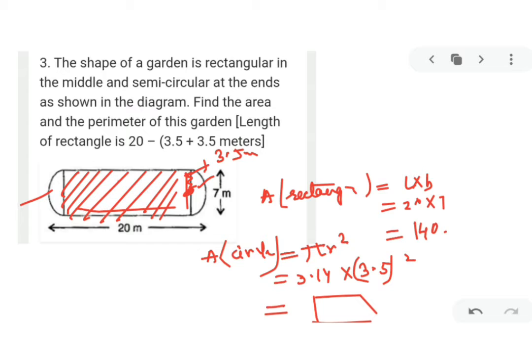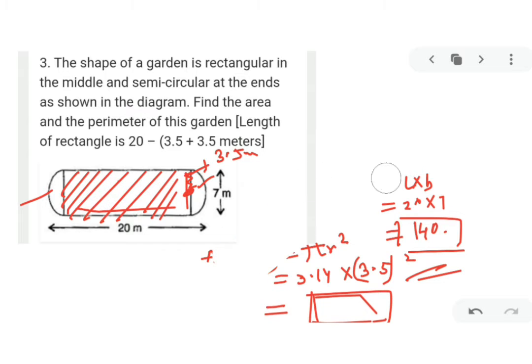So in this way, if I want to get the area of this entire structure, I have to add the rectangle as well as two semicircles. That means a circle, one circle. So one circle and one rectangle's area, if I add them, I will get the area of the entire region. That is the area of the garden. Can you just add these two values and get the area of the garden? Will that be simple? Yes.